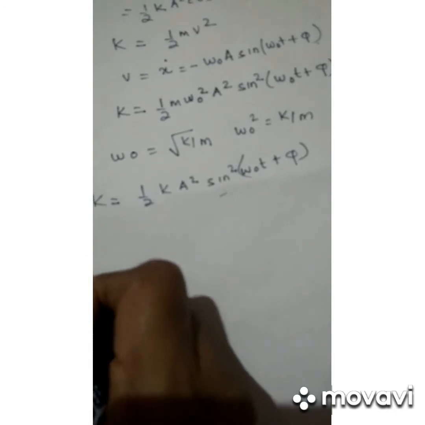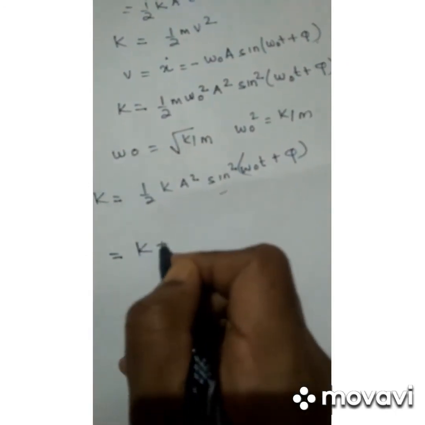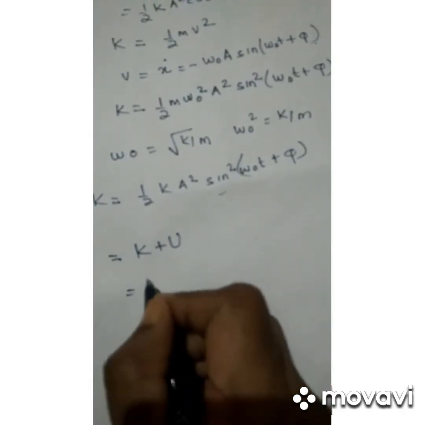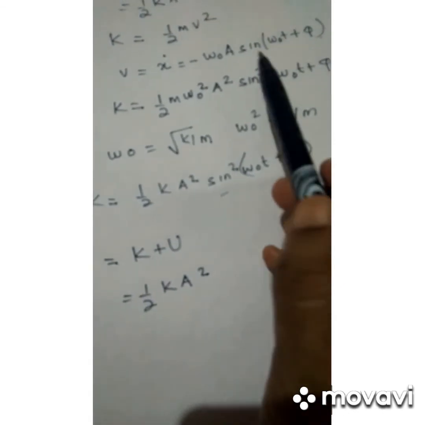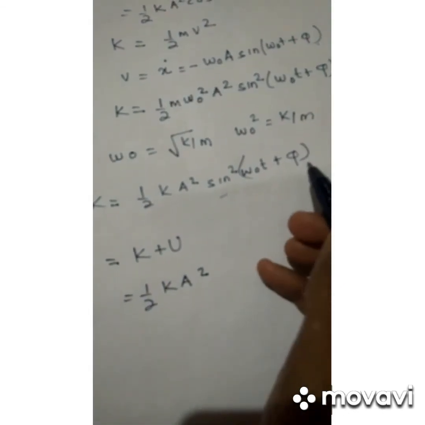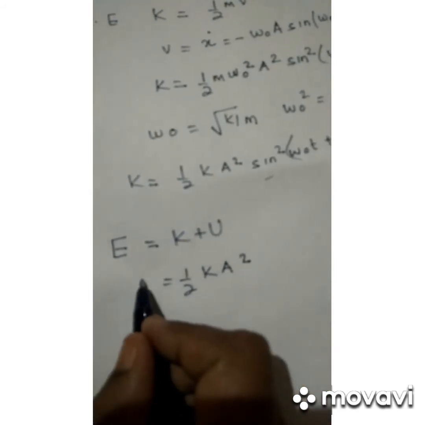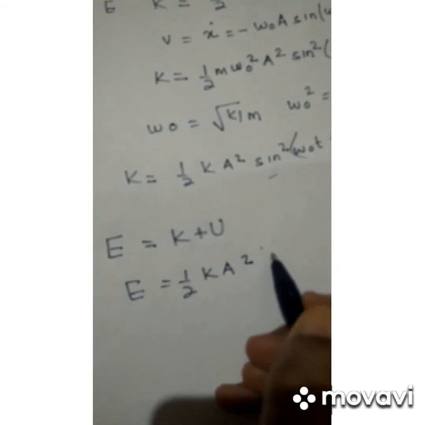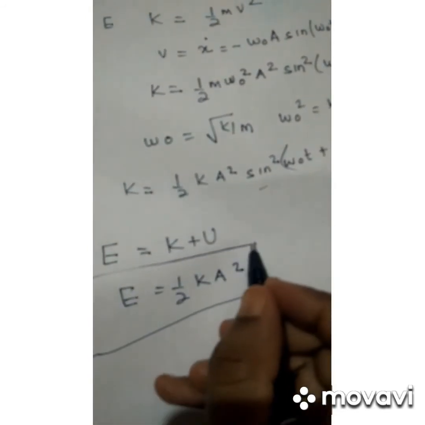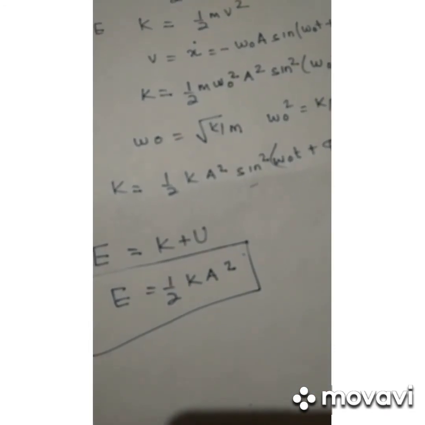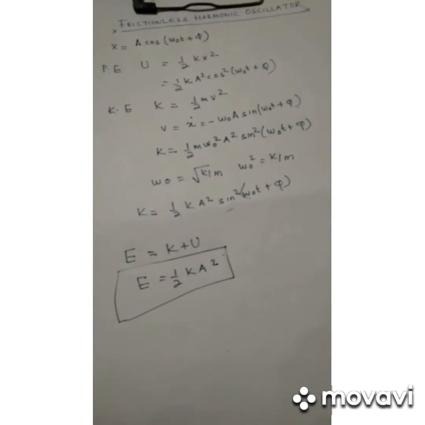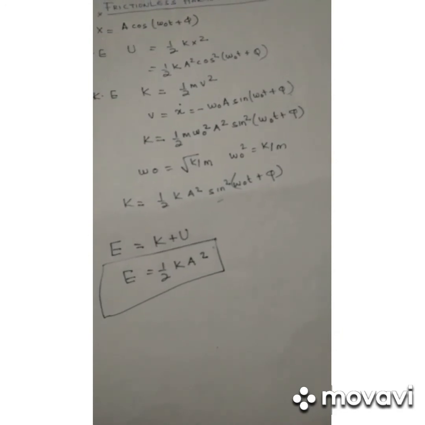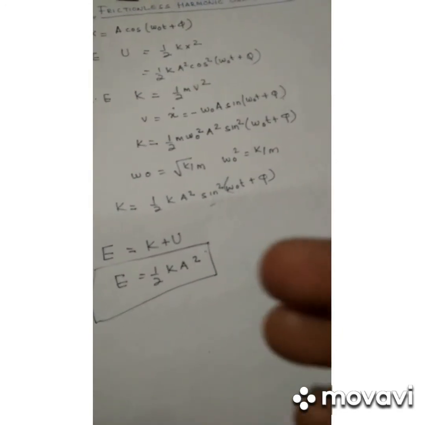So the total energy E, which is equal to K plus U, comes out to be half k A squared times cos squared(omega 0 t plus phi) plus sin squared(omega 0 t plus phi), which is absorbed, and finally our E comes out to be half k A squared. That is, the total energy is a constant because A is the amplitude of the wave, it is a constant, and the total energy is a constant, which obeys the law of conservation of energy.